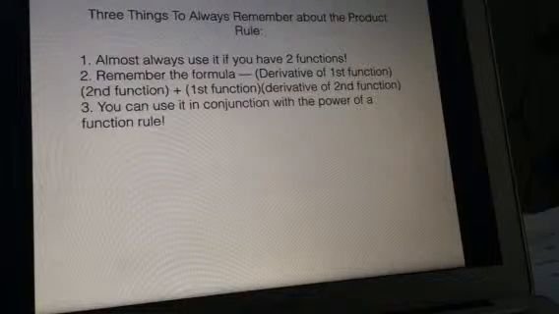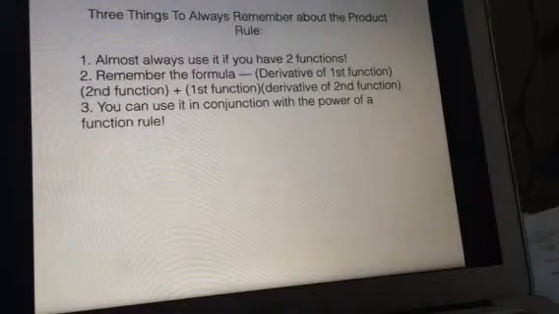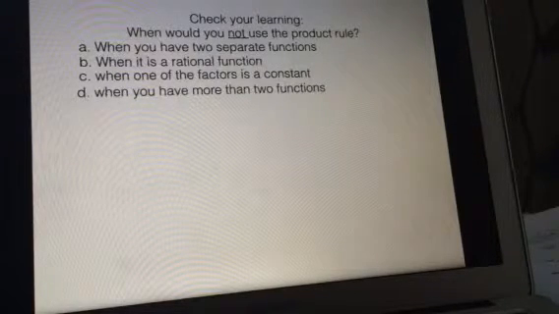And the third thing to remember is that you can use it in conjunction with the power of a function rule. So don't forget that. Don't see 2 functions and think that you can't use the product rule because one of them is to a power, or both of them are to powers, since we did work out problems where they were both to powers. So our final thing is to check your learning. So when would you not use the product rule? So A, would you not use